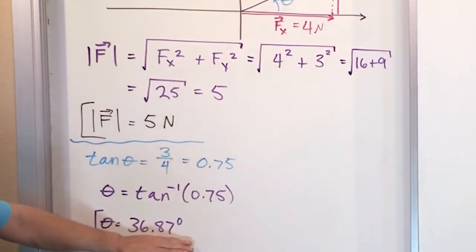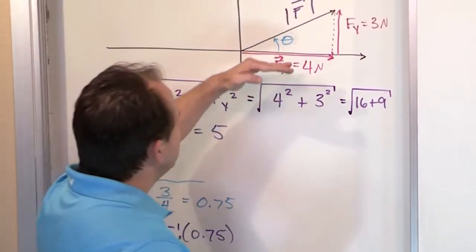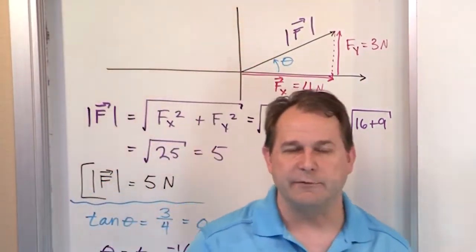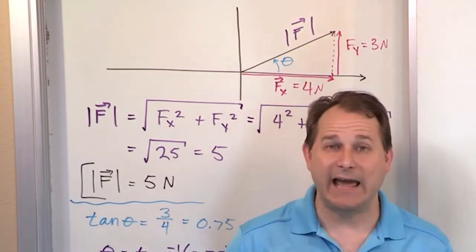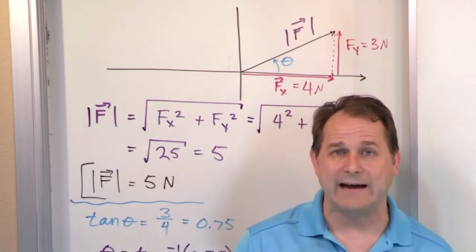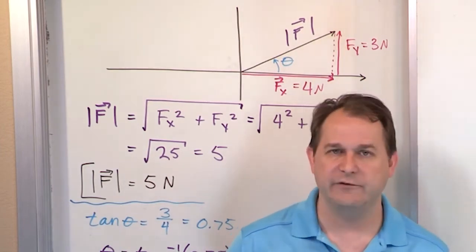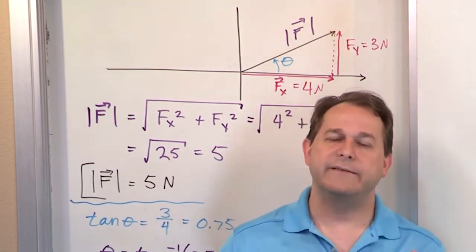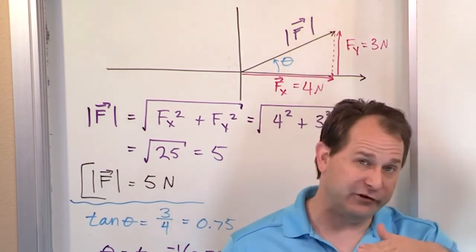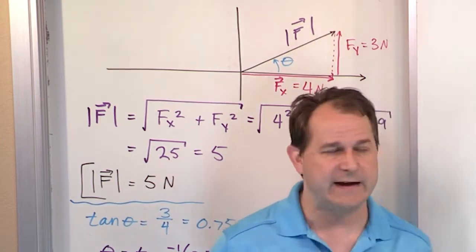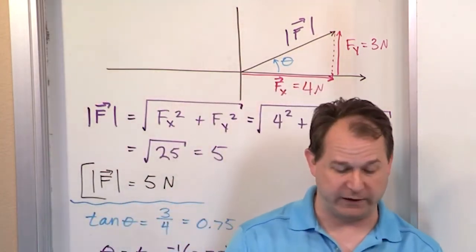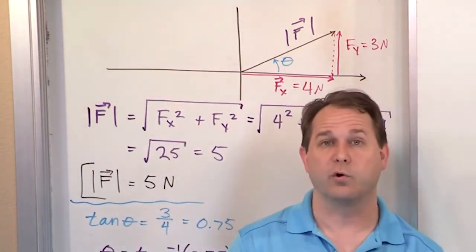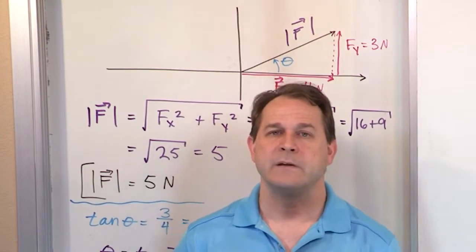Also, notice it's a positive angle. The answer we got from the calculator was a positive angle. Angles in trigonometry are always measured from the positive x-axis. Certainly any angle that your calculator gives you back as an answer, like an inverse tangent or an inverse sine or whatever, is always going to be measured relative to the positive x-axis. So it makes sense. The one thing I want to caution you about, and I'm going to caution you even more in the next section when you get a weird answer,